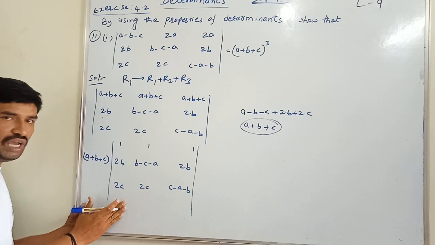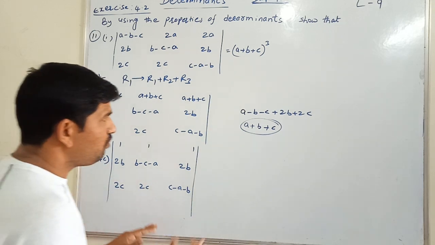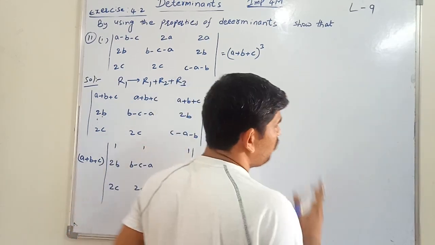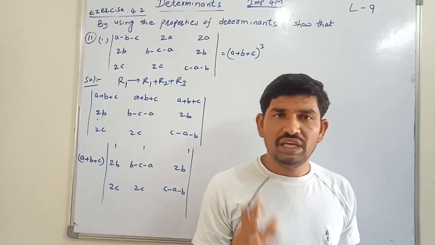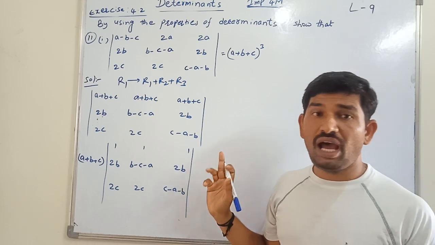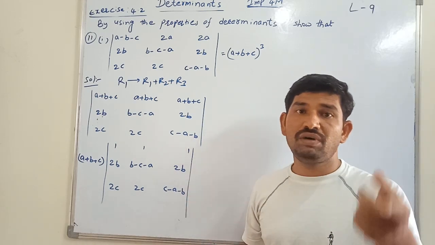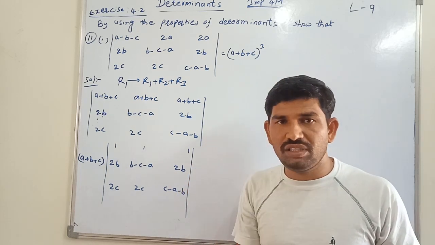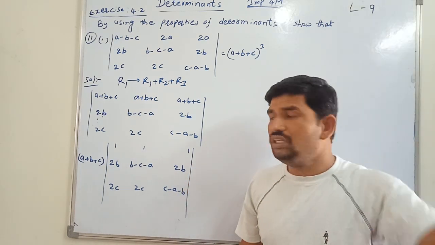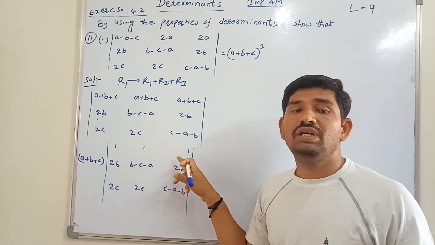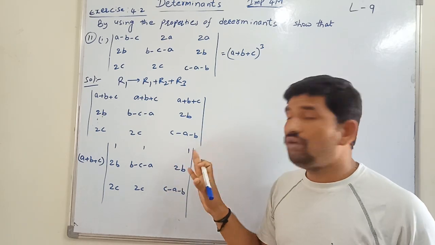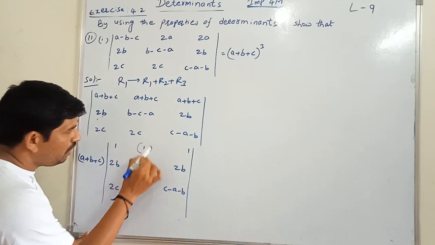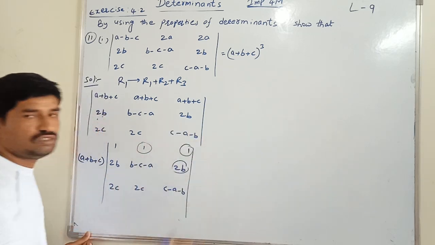Okay. After having this, now remember one thing. Just now we have completed question number 8, bit number 1. In that, the 1 1 1 we are having in the first column. That's why we use the row operation. Reverse: the 1 1 1 in the column, then we have to use the row operation. 1 1 1 in the row, definitely we have to use what? Column operation. Okay. Now our target is we have to get 0 in 1, 2, 3 places.